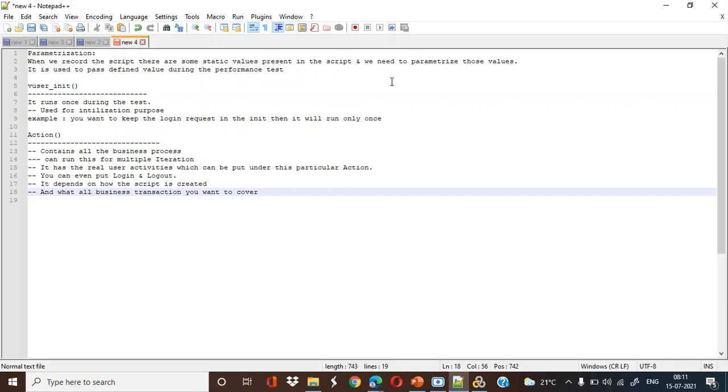So this is the use of this particular thing. In the action part, you normally keep all the business processes, the critical business transactions, and this can be run for multiple iterations. When you are performing the real user action like critical business flows, you want to run it and see the TPS or response time for this particular critical business flow, rather than considering others which are not required. And you can even put the login and logout as well. It depends on how